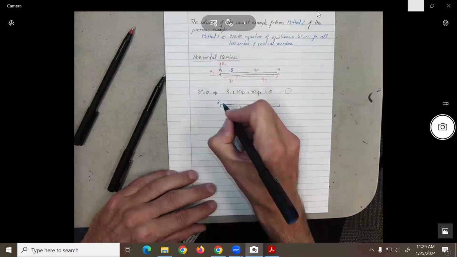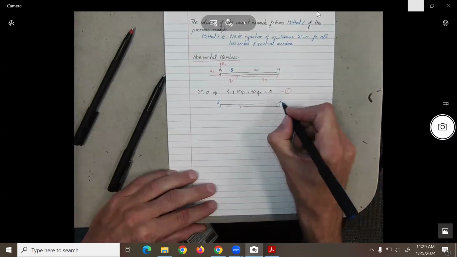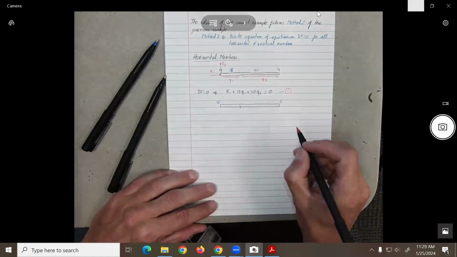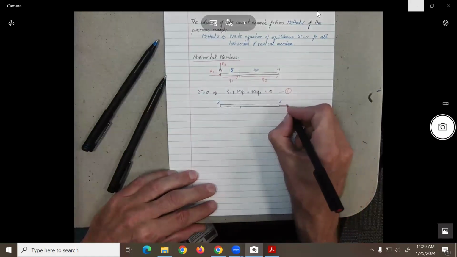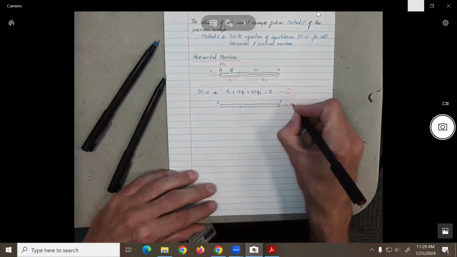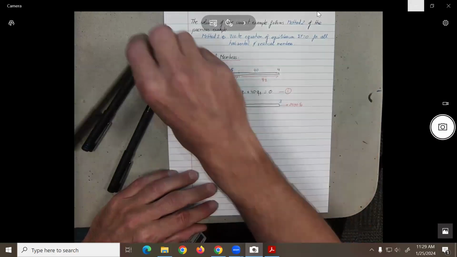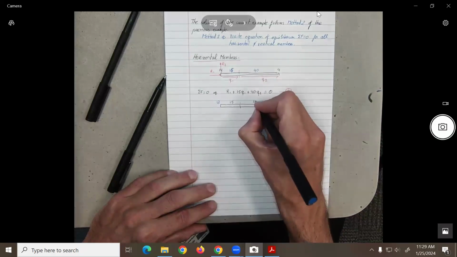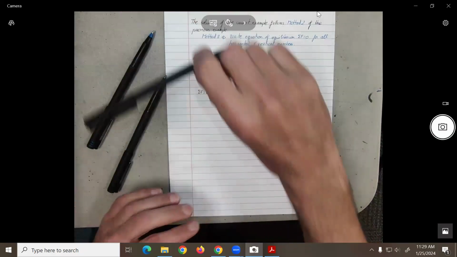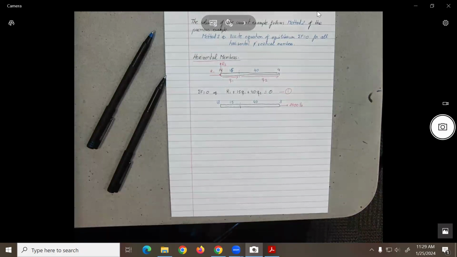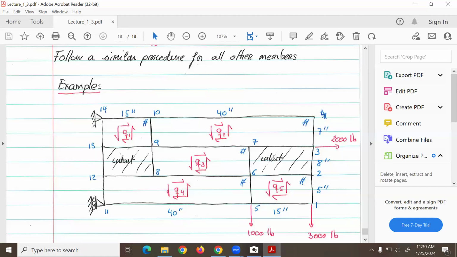13, 3. So that one has actually a force over here of 2,000 pounds. Again, this is 15. This is 40. And if we look at the figure over here, we need to look at the figure. So here we have the cutout and here the cutout, no? Okay? So what we're going to have over here is